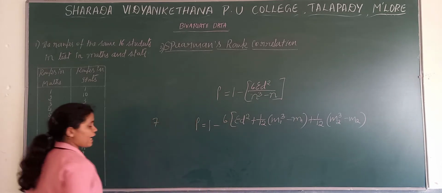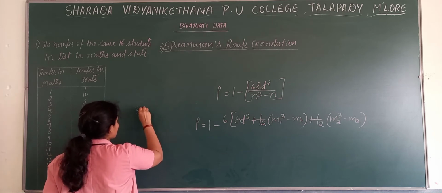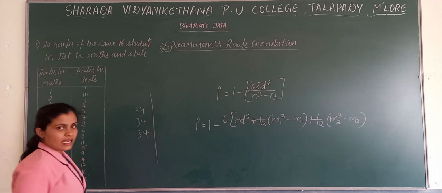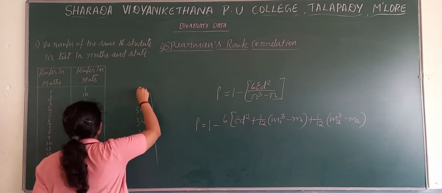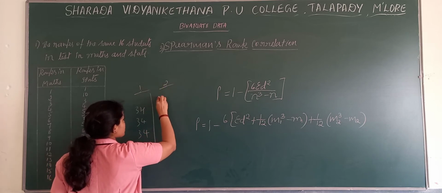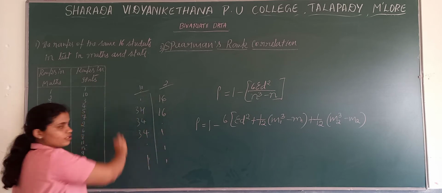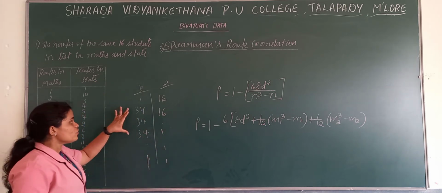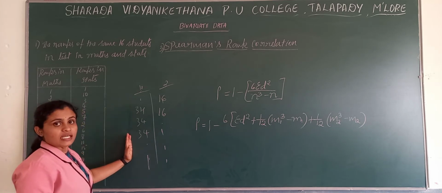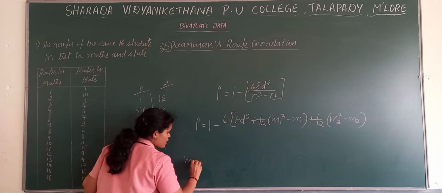Now if you get more such values, for example if one particular value repeats, say rank 7 repeats, you have the same marks, for example 34, 34, 34. Three students have the same marks in the first series, and in the second series two students have the same marks, while the other marks are different. Here the first mark, 34, is repeating three times, so we consider this as m1.